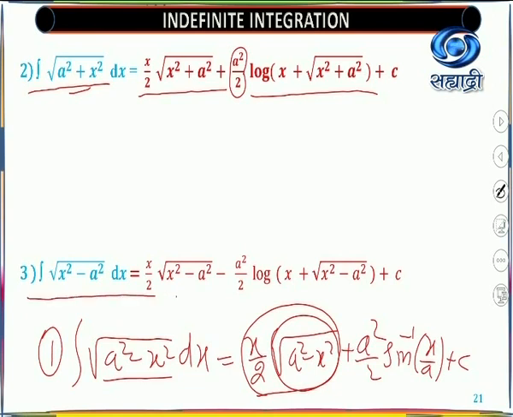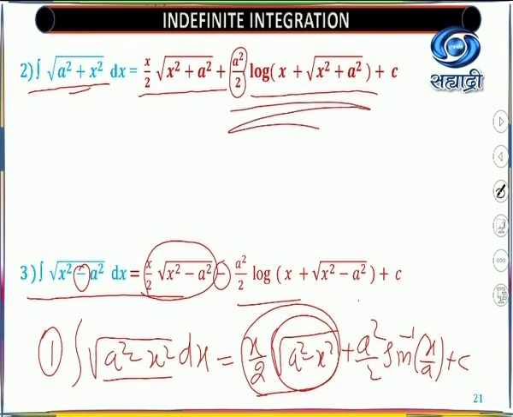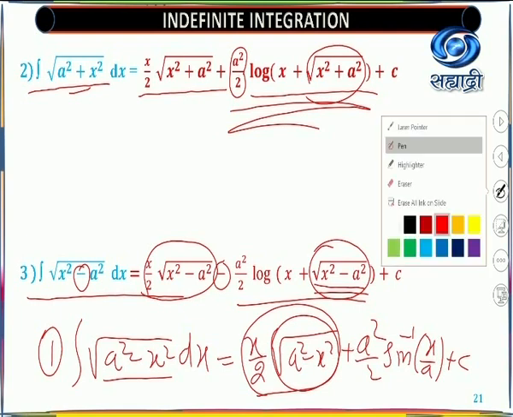Now look at the third formula. It is integral of root of x square minus a square dx. So it is x by 2 as it is. Here, since you have the negative sign, you will get the minus sign, otherwise this term is as it is. Only thing is that it is given here x square minus a square, whereas in the earlier one it was a square plus x square, so you are able to write root of x square plus a square. This way you are able to remember this formula.